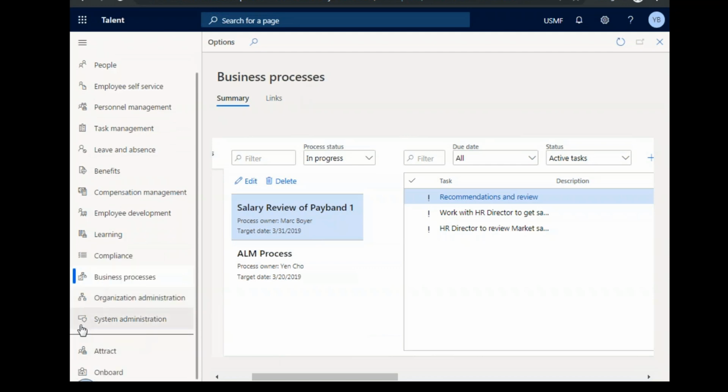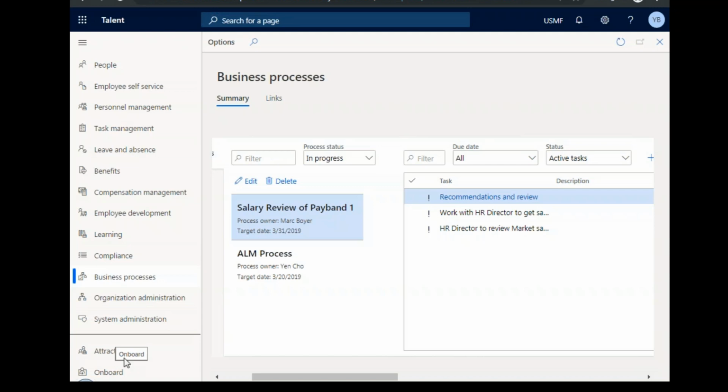So organization and system administration, as you may understand from the name, is basically how you're performing the administration function. This would take pretty much a whole day if I explain. If interested, you can request a separate detailed demo if you want to take a deep dive into the administration part. But now I would move on to the attract and onboard, which I also explained as your